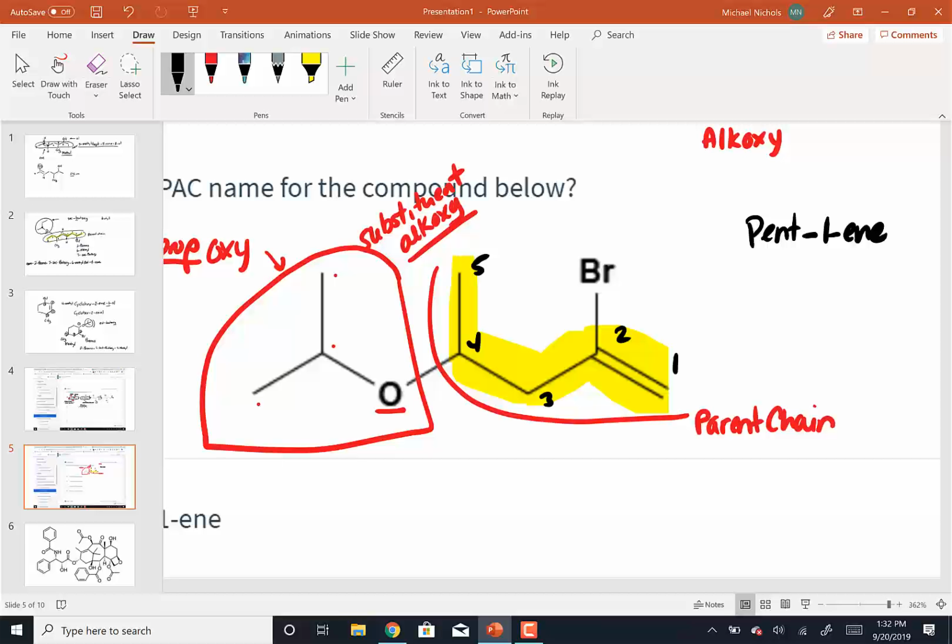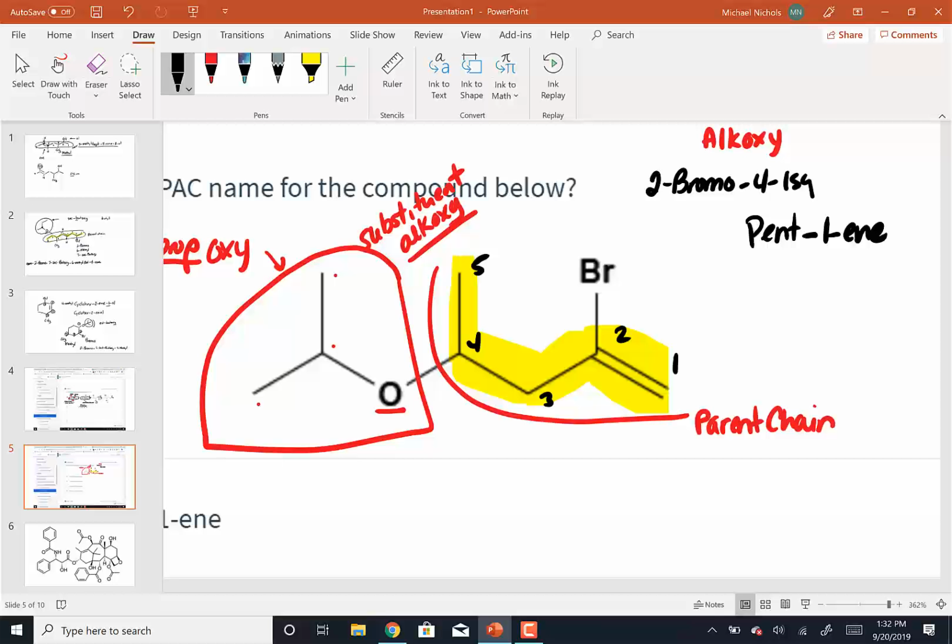If you actually watch that video, you would see that at first I put the methyl group and then I went back, oh no, that's part of the longest chain, and erased it. So I fell into the same trap. So now we have 2 groups, isopropoxy, bromo. That means that it's going to be a 2-bromo